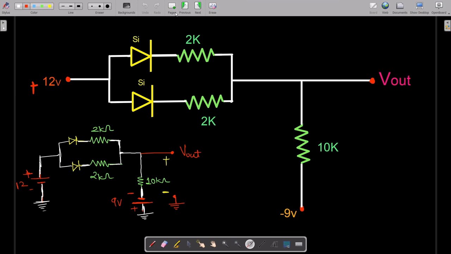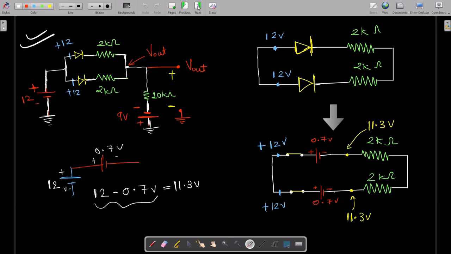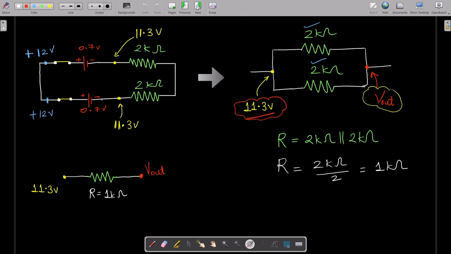And I hope that in future, if 2 or 3 diodes, or even infinite diodes, come in a circuit, you won't hesitate, and you will easily solve this kind of numerical. My main intention while solving this numerical was to get you well acquainted with the two diode circuit: if two diodes come in one circuit, how to approach such a circuit. I hope I'm quite successful in explaining this part.